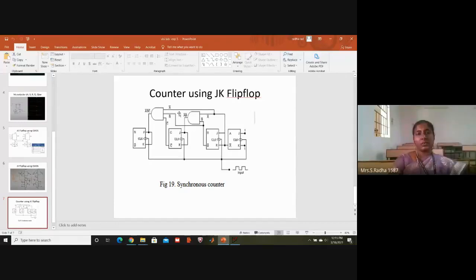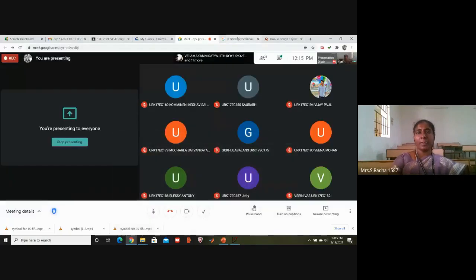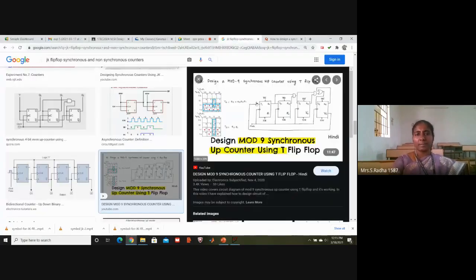This is the synchronous counter I have displayed, and the clock signal is the same for all the flip-flops. Synchronous means the clock will be the same for all the flip-flops. And asynchronous means I have displayed